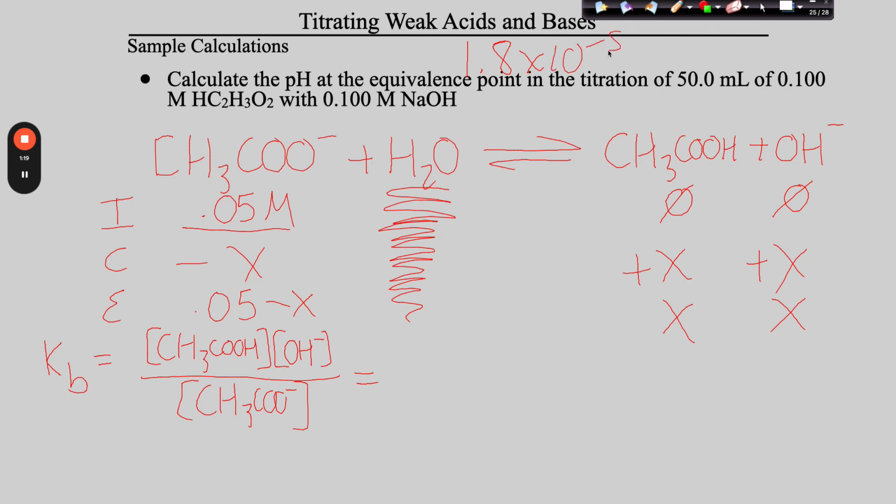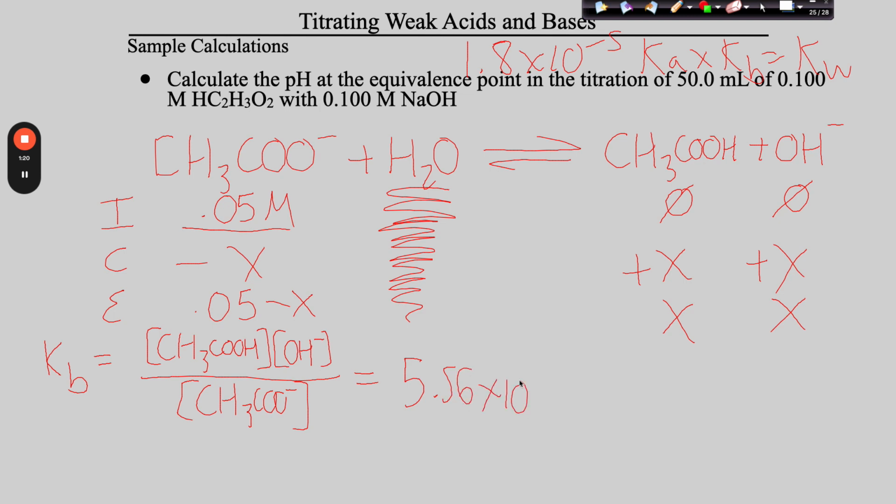The Ka of acetic acid is 1.8 times 10 to the negative fifth. How do we figure out the Kb for acetate ion? Ka times Kb is equal to Kw, which is 1 times 10 to the negative 14th. So plugging in, Ka is 1.8 times 10 to the negative 5th. So we go 1 times 10 to the negative 14th, divide that by 1.8 times 10 to the negative 5th. And guys, the Kb for this is